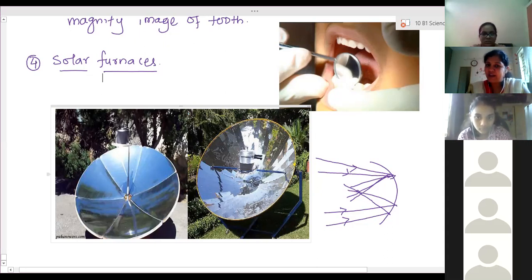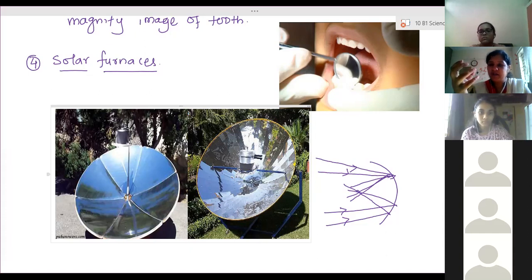Inside that, now a new technique is there. Inside them, many small concave mirrors are placed, and those concave mirrors are made to tilt according to the sunlight. Wherever the sunlight moves, accordingly, the small mirrors inside this concave part will keep on moving. It has a technique, so that by sensors they keep on moving. Direction will be changed. And these types of mirrors produce a very large amount of heat energy.